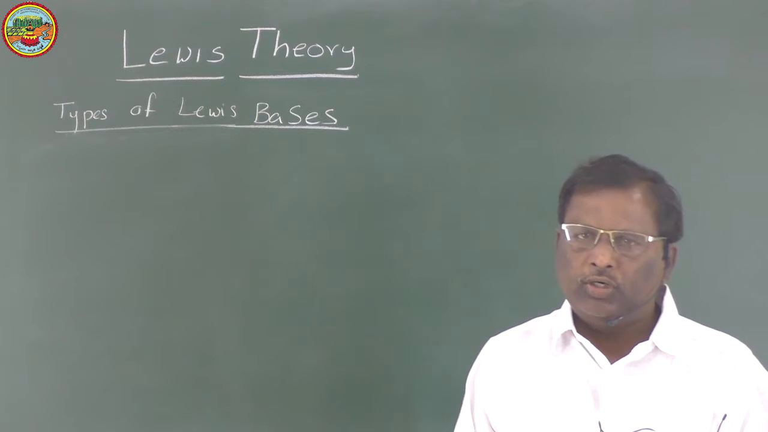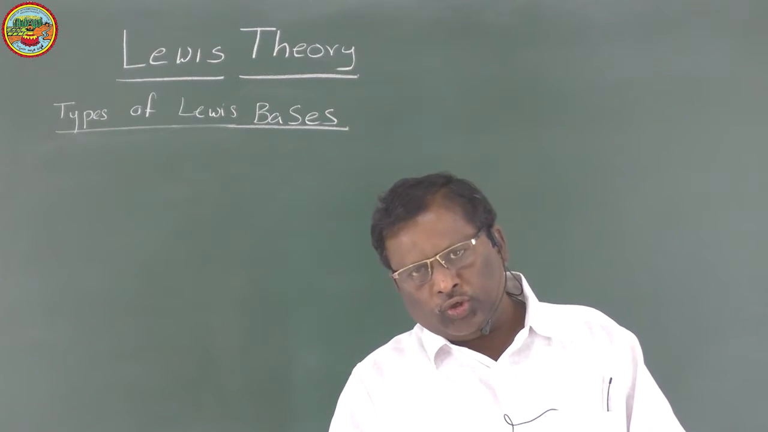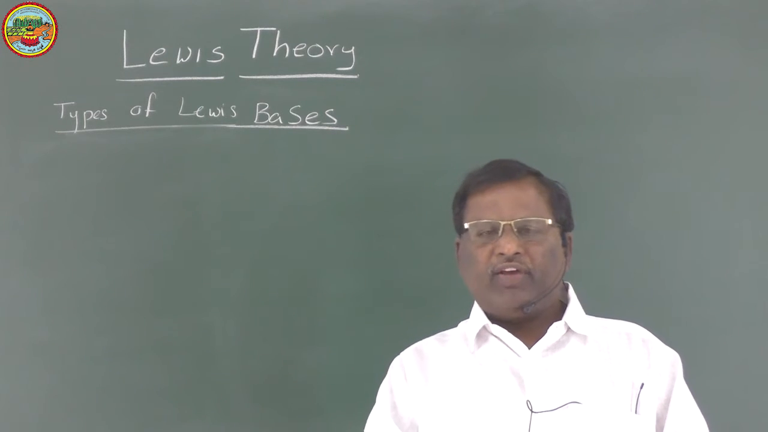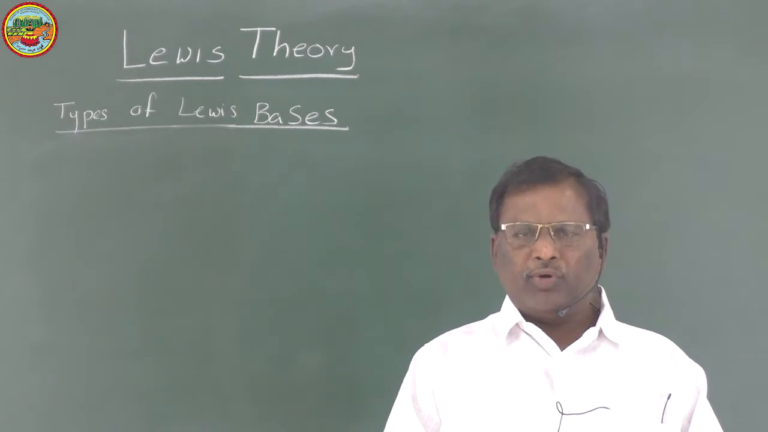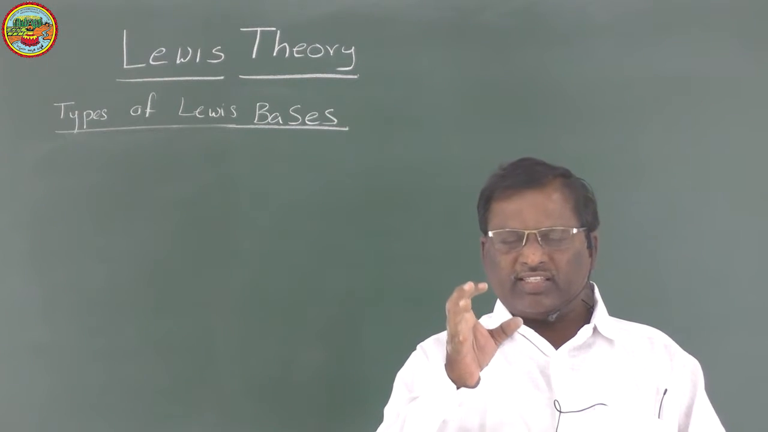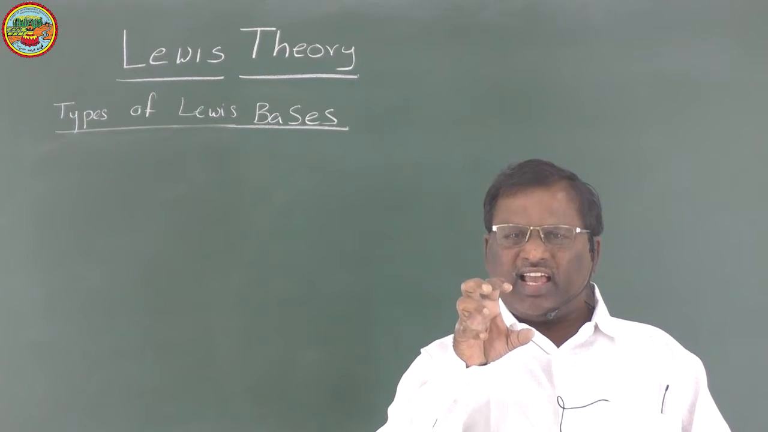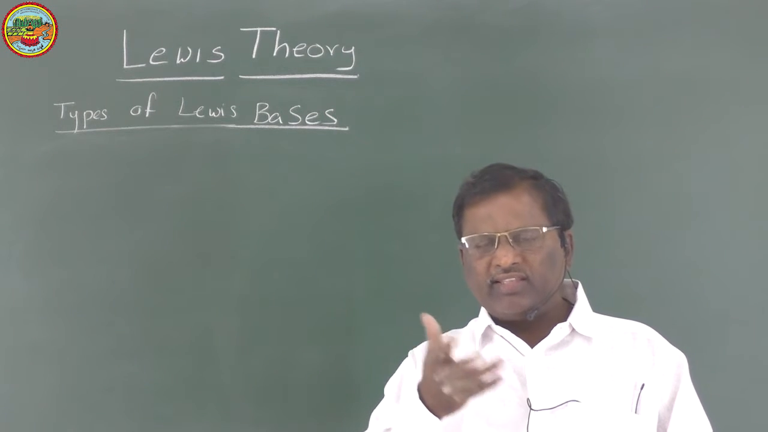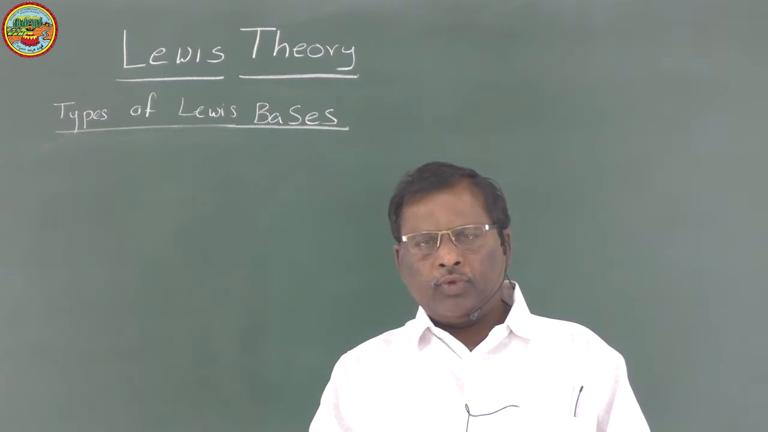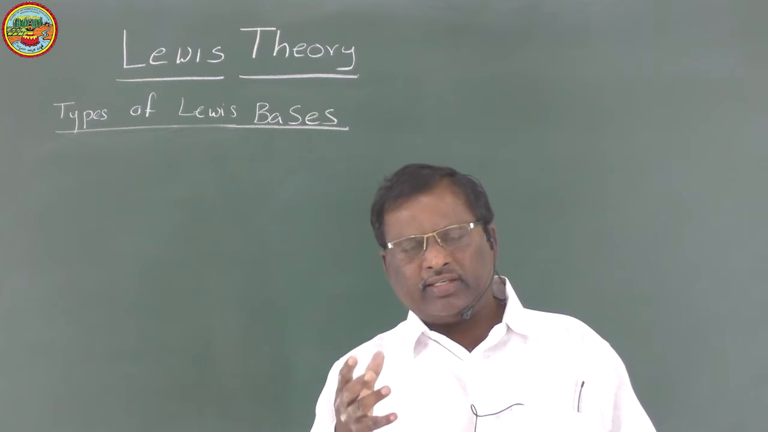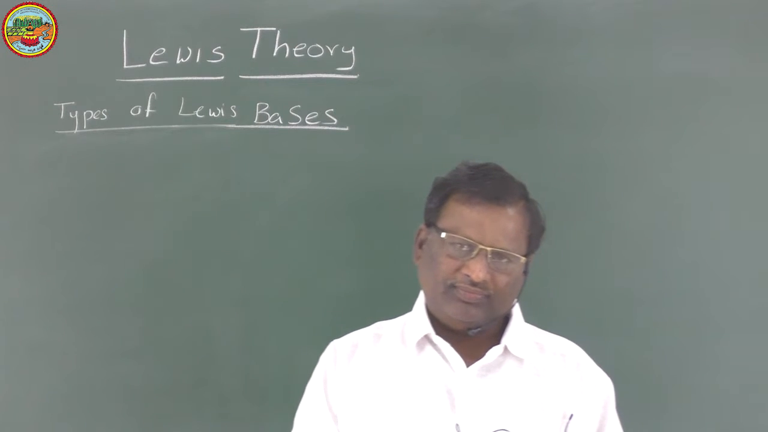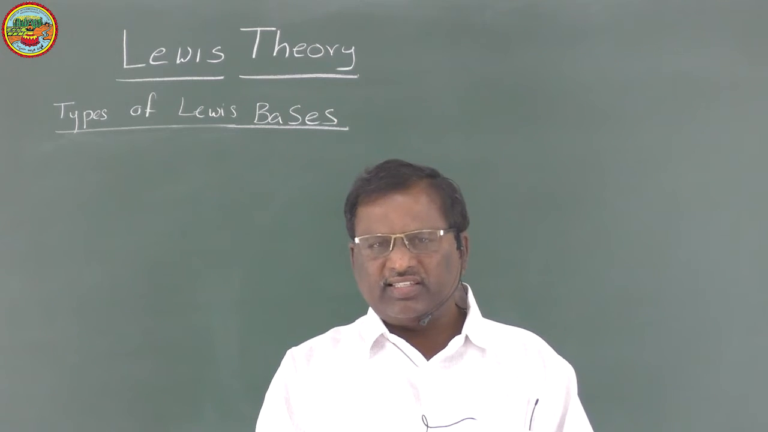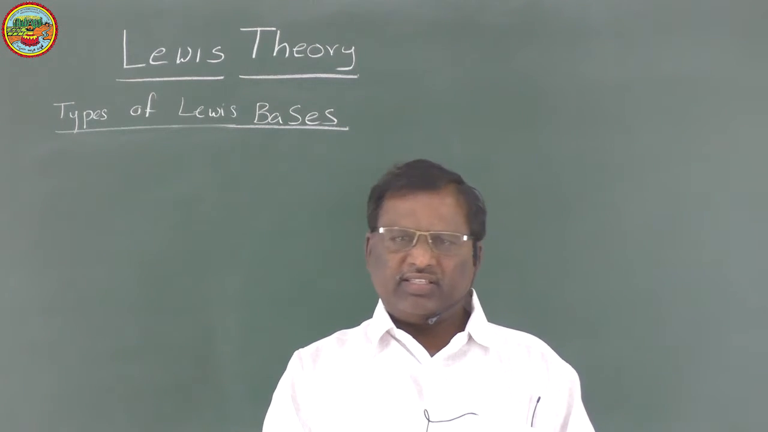Now, let us discuss Lewis bases. According to Lewis theory, a base is a species which can donate a pair of electrons to another species and form a covalent coordinate bond. So bases are the species which can act as electron pair donors. A species, whether it is an ion or a molecule, that has the capacity to donate a pair of electrons,